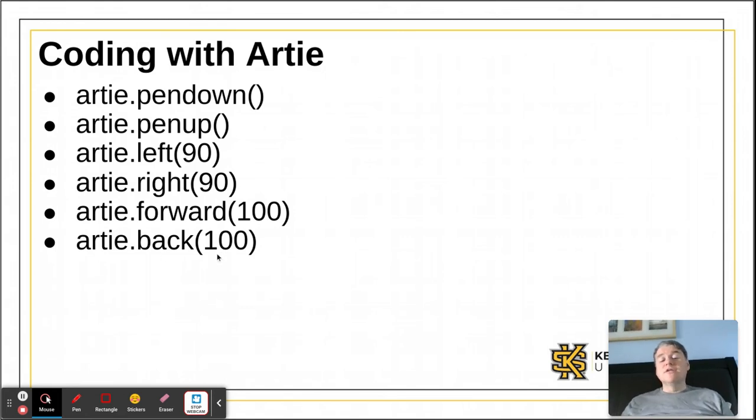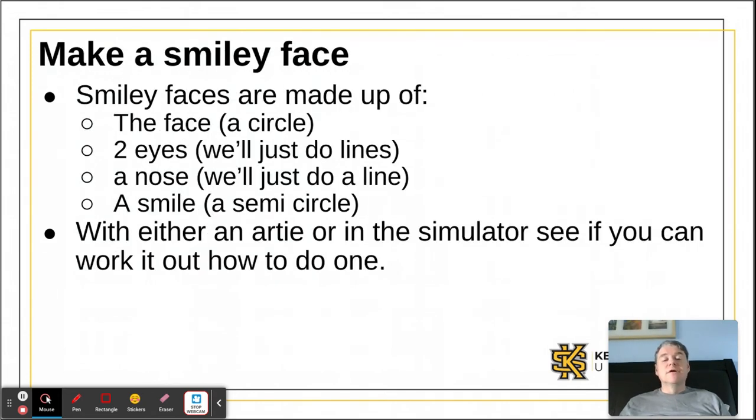he also supports artie.back, which is different than the turtle. The turtle doesn't directly support back. In the turtle, it was T dot instead of Artie dot, but it's the same thing other than that. All the commands are the same. So what I want you to do, and you can do this in your simulator, or